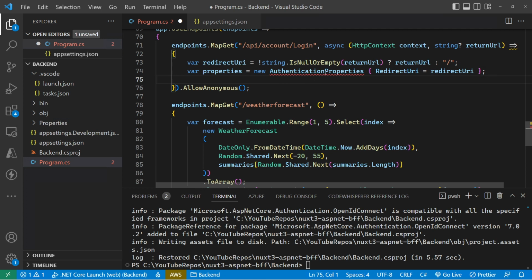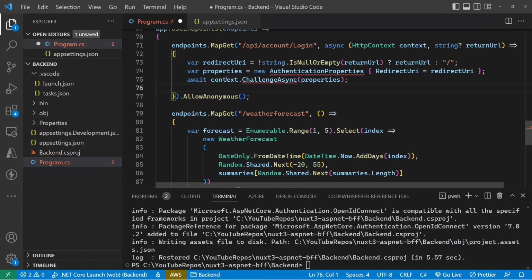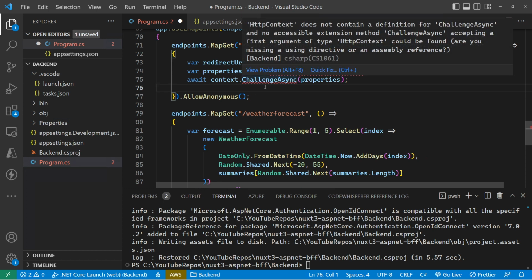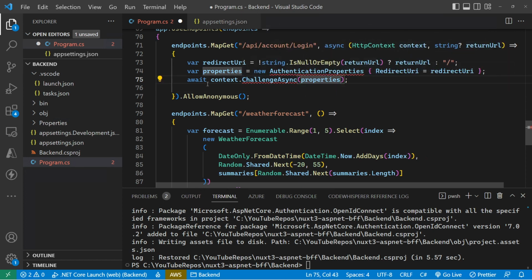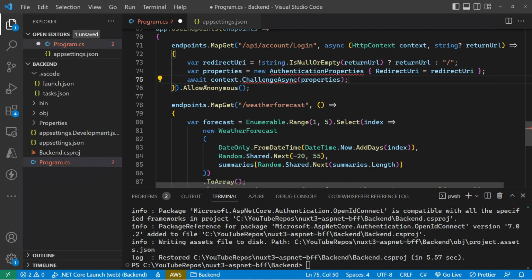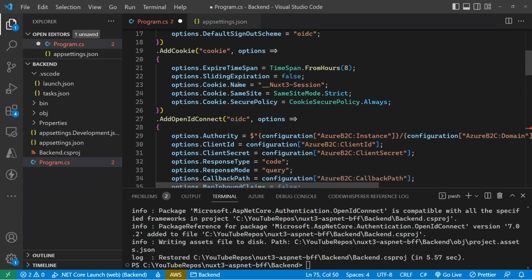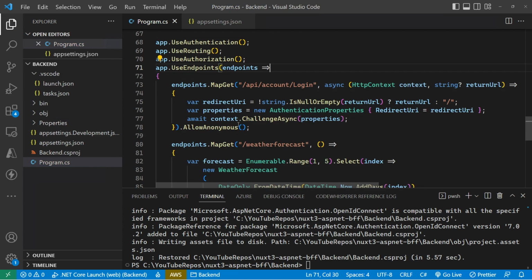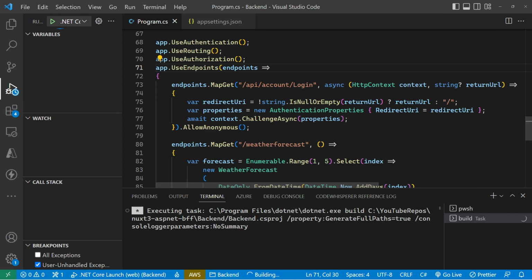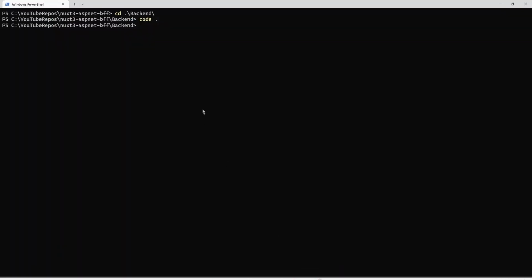We then create a new authentication properties, and we pass that redirect URI into it so that it gets saved as it goes round the whole round trip of the OpenID Connect dance. And then the last thing that we need to do is instruct ASP.NET to perform a challenge using those properties. So that's what kicks off the whole OpenID Connect aspect, is this challenge async. If you remember, we specified that OpenID Connect was our default challenge scheme, and that will do us for our back end. So let's run that up, jump back over to our